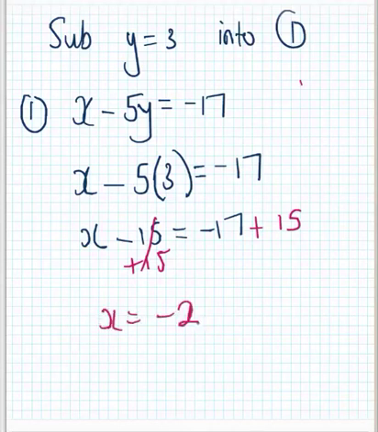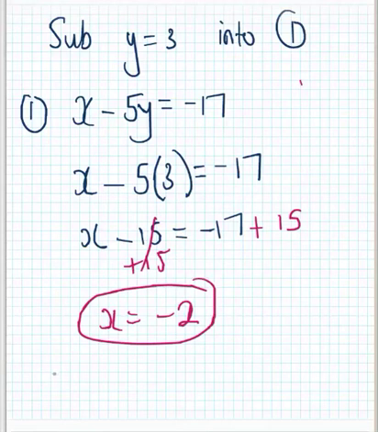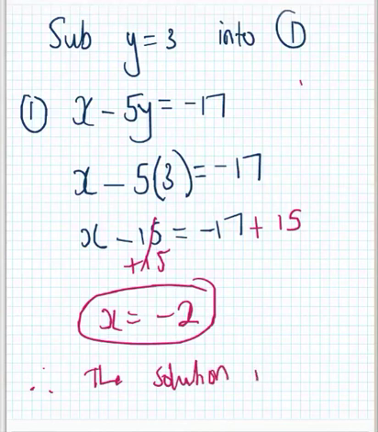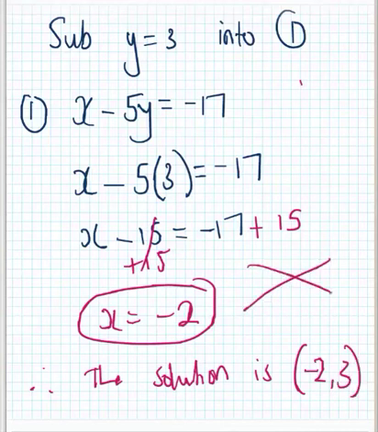And I found it. So our final step is, therefore, the solution is when x is -2 and y is +3. And that is where those two lines cross over and meet at that one point. And there it is. With our next example,